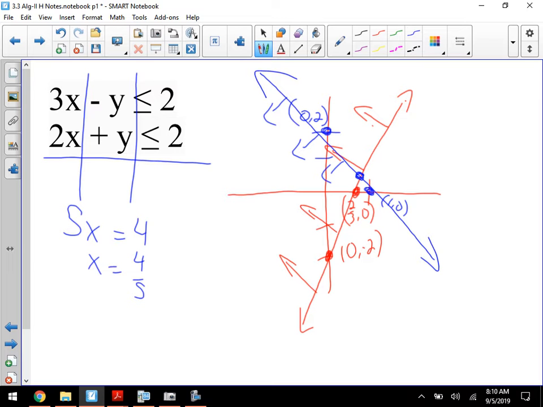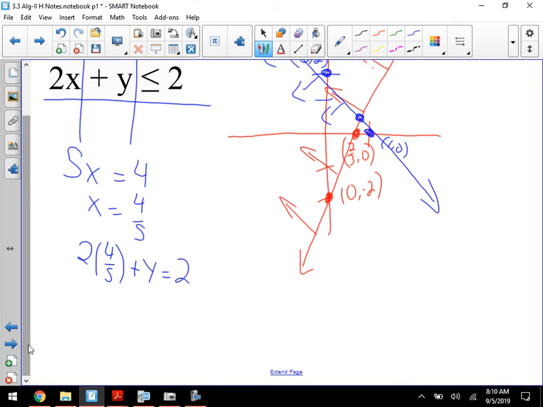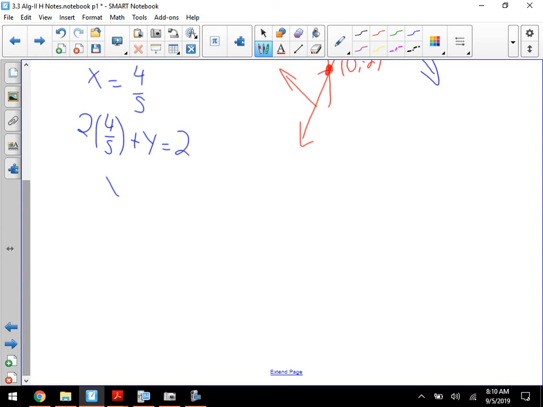All right. Now it's just a matter of which equation do you want to substitute that back into. I would do the second one as well because it's got a positive value of y. So if I substitute that back into the second equation, I get 2 times 4/5 plus y is 2. Well, 2 times 4/5 would be 8/5, and then I have to subtract that over. Are we okay with that? Now, if I subtract that over, I'm going to get y is going to equal,